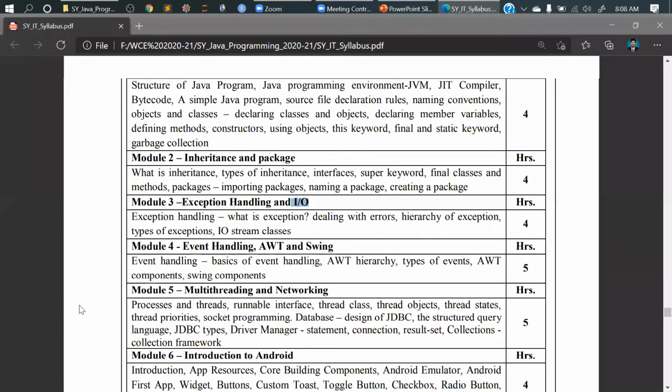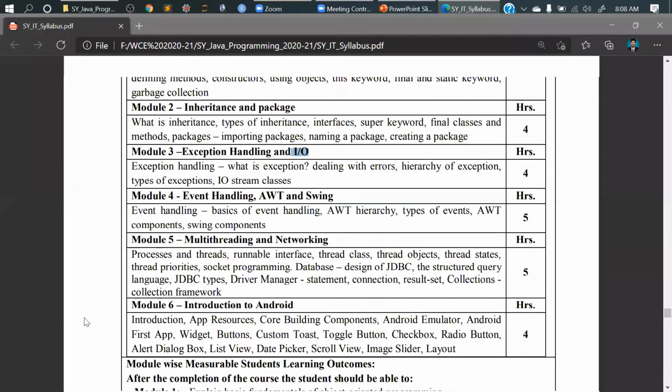And lastly, apart from the entire Java, to have a flavor of the current market, you see that Java has 3 different editions. First is Java SE, which we call the standard edition. Second, we have Java EE, the enterprise edition. And thirdly, we have Java ME, which we call the micro edition or mobile edition. With respect to that, you'll be building your apps related to Java SE as well as Java ME. EE stands for enterprise edition; you'll be seeing those when you study web technology. Those are at enterprise level.